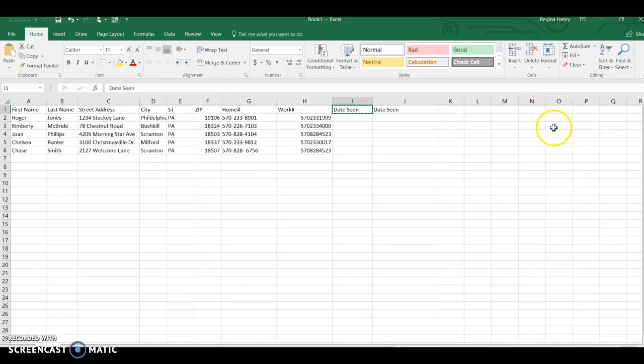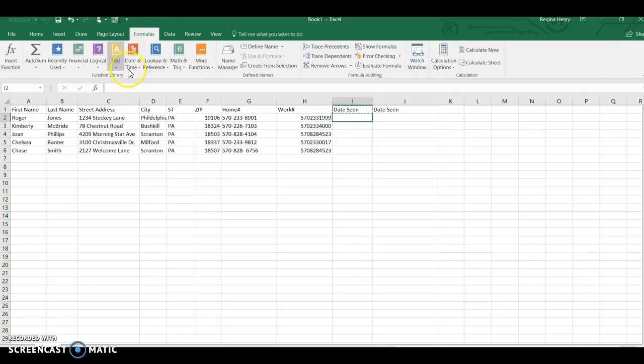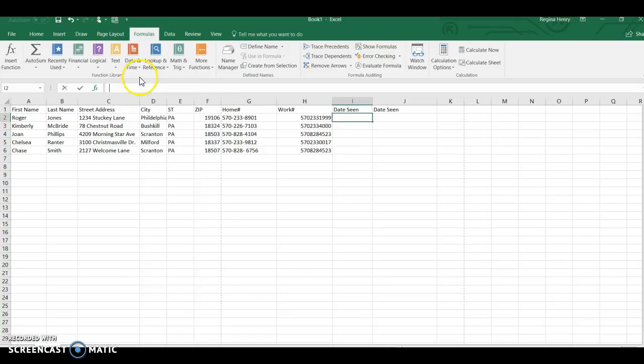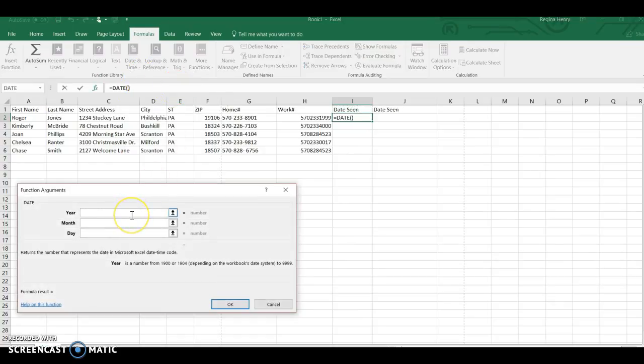And the next thing we're going to do is to format the date and time. So we're going to use formulas to complete this task. So you see that I've moved from date seen in column I to column I, row 2, where I can enter the data that I want using the formulas. So we're going to select formulas, select date and time, select date, and we want to put in our